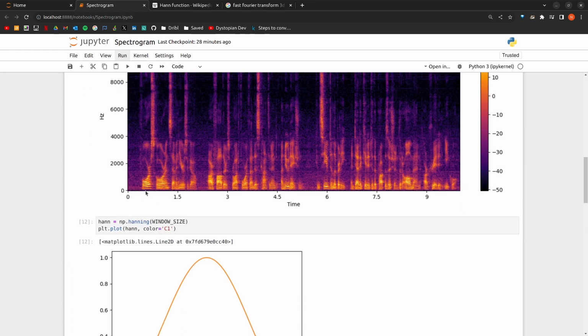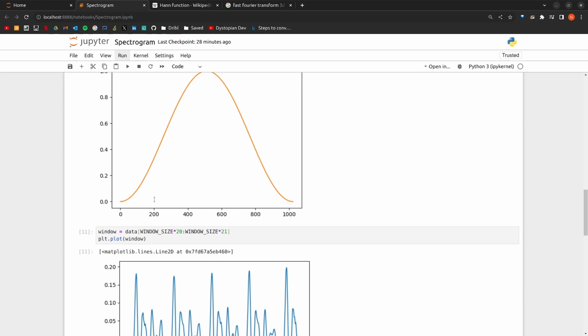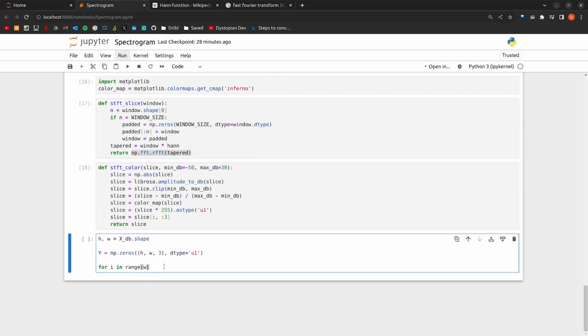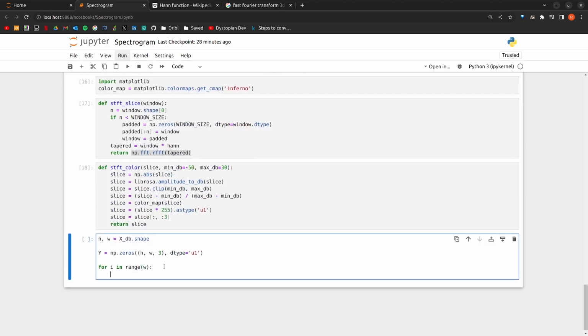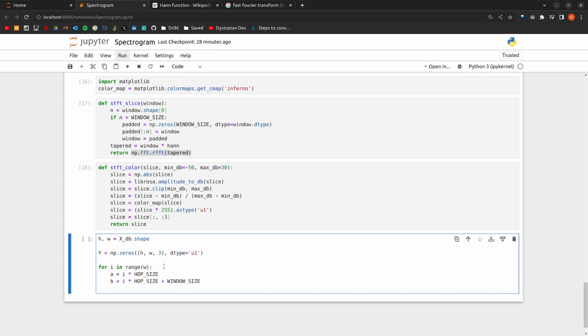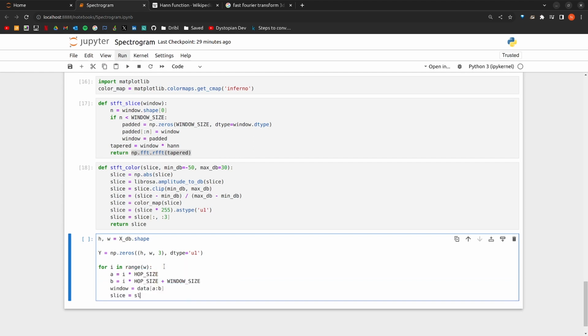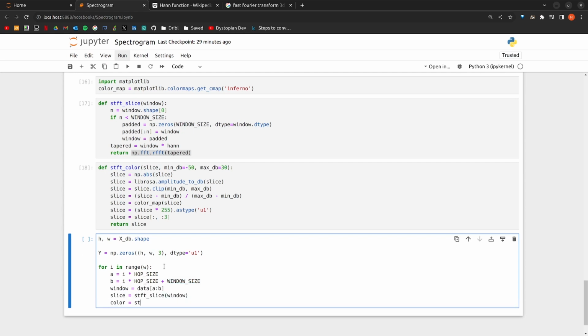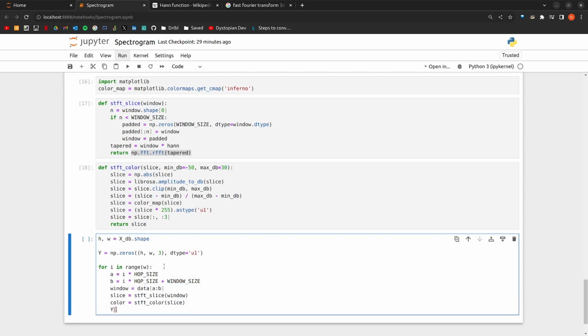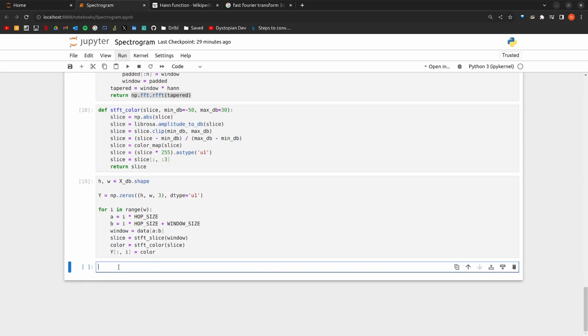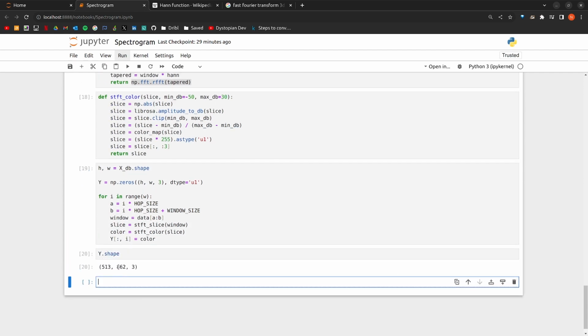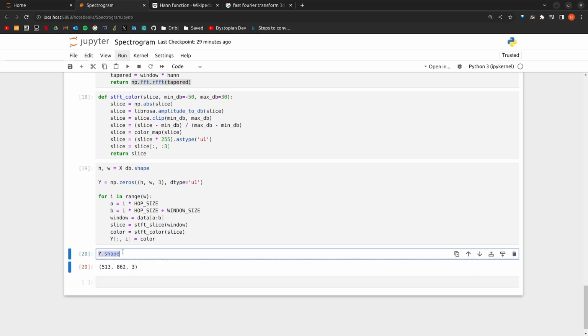So we loop over the width, and we're going to compute our slices. And we update that slice. And should be it. And then we check out the shape of our Y, which is our image, and we